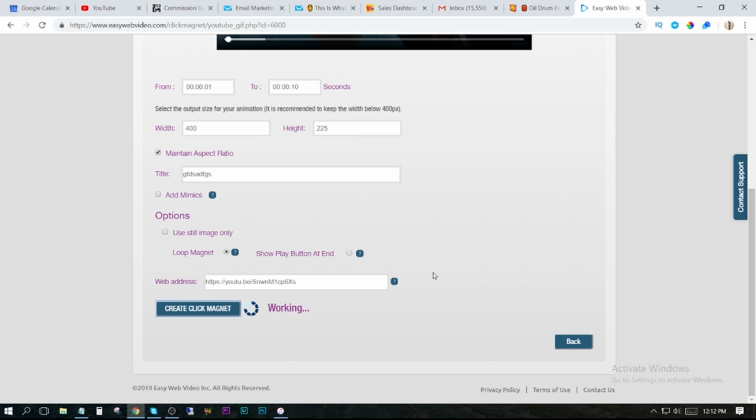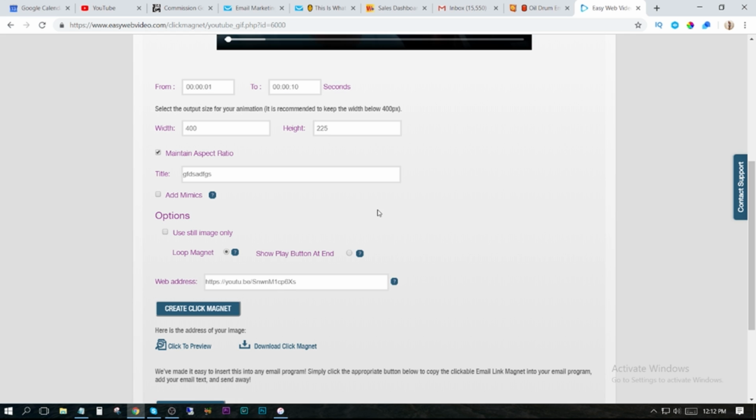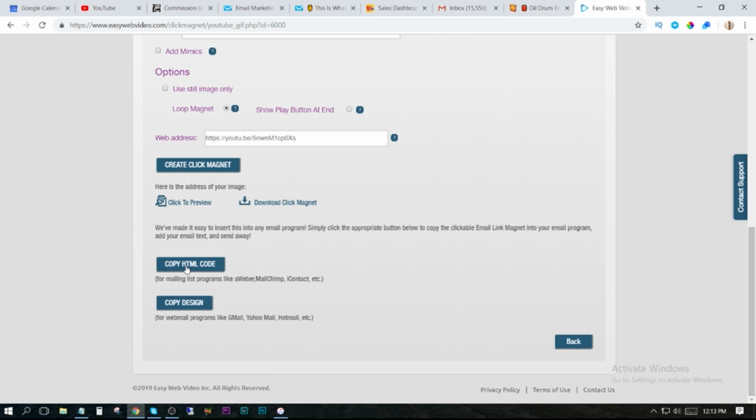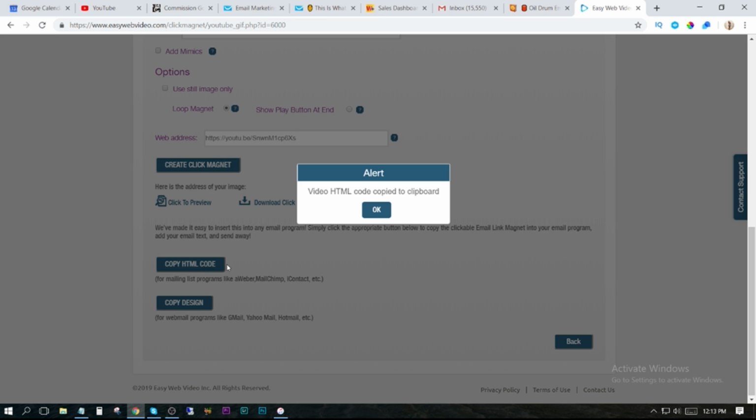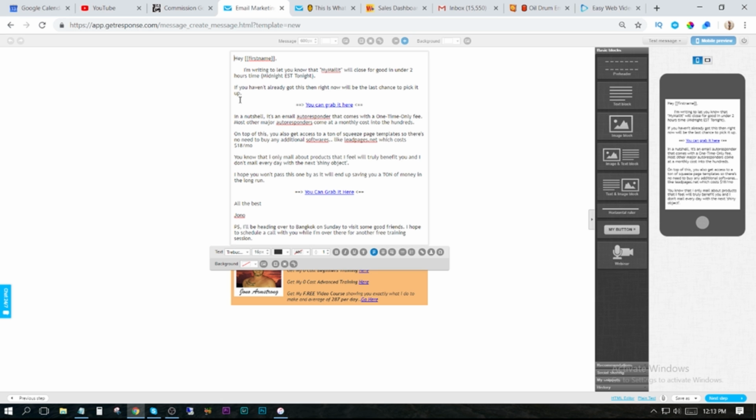Once this is finished loading up, and it only takes a couple of seconds, it's going to say, cool, your email click magnet has been created below. Click on OK. Then you click on Copy HTML code. Copied to the clipboard, OK. Now, we go back into the email that we are writing,